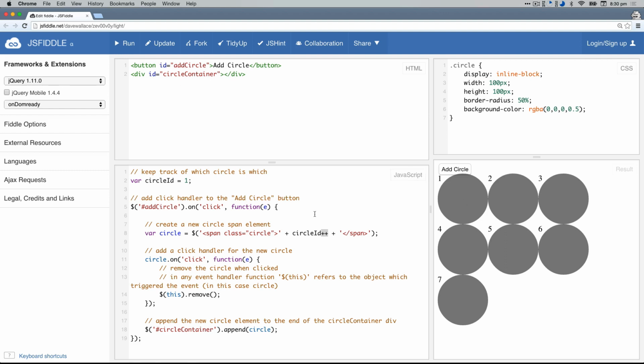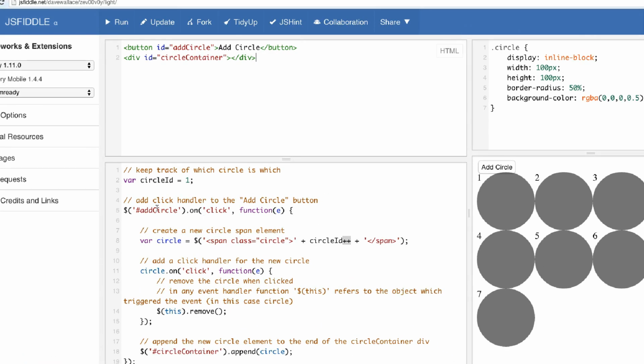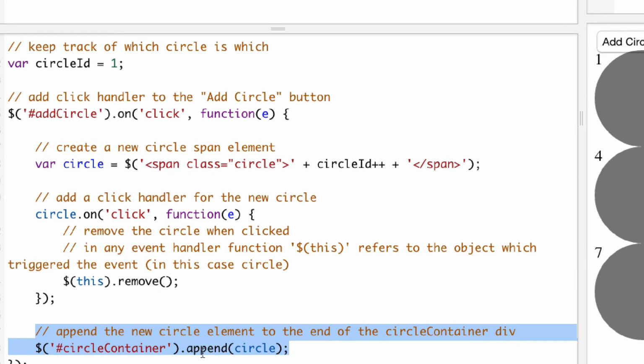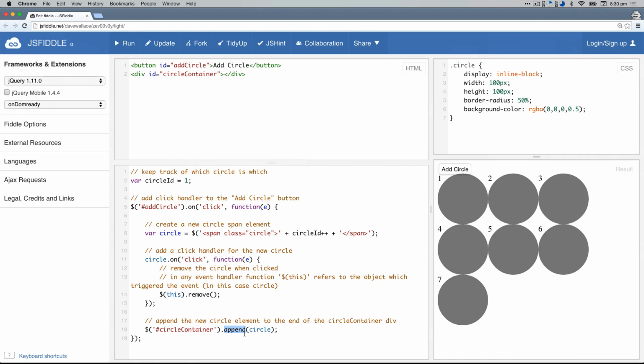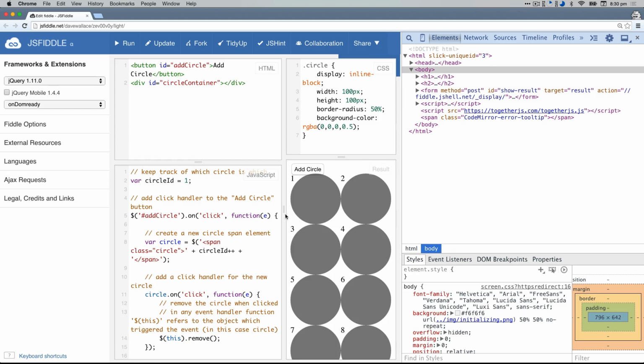Now, if I had done this by modifying the inner HTML, every time I added a circle it would just get rid of whatever circles were already there, and I'd just keep seeing one circle being added over and over again. In this case, this is inside my add circle button's click event handler. Down here is where I'm adding the circle, and I'm using this append function here, which means that if I look at the source code,